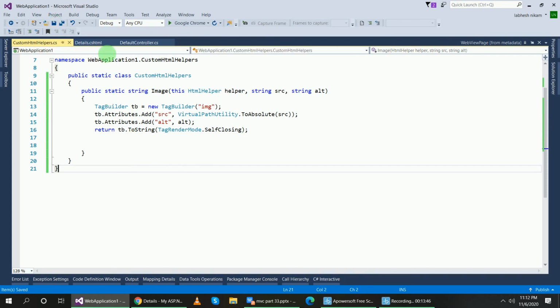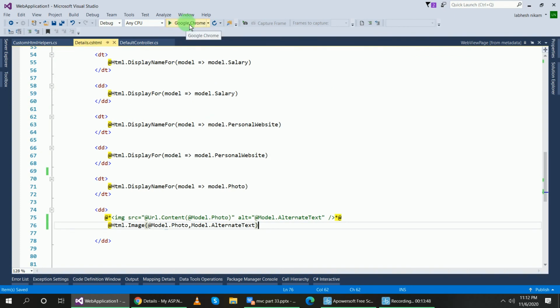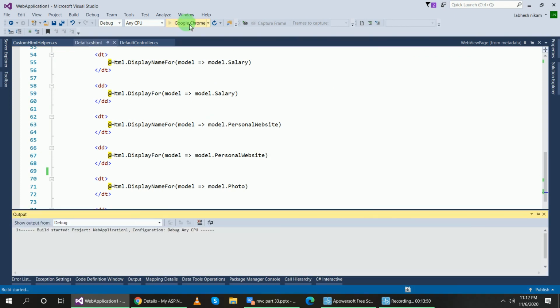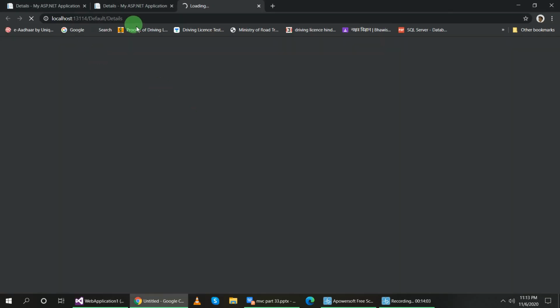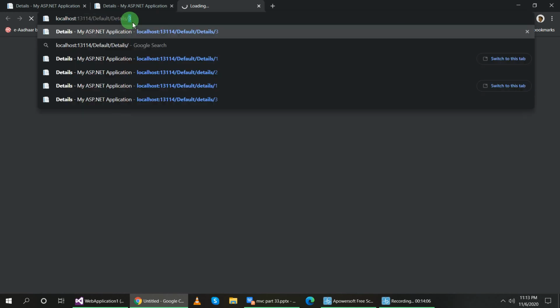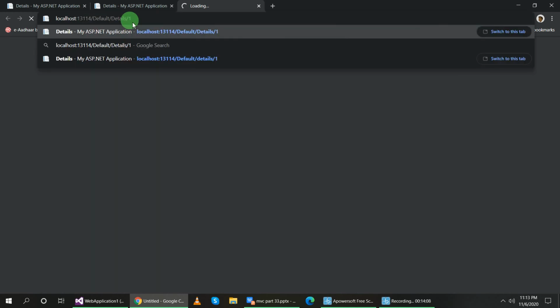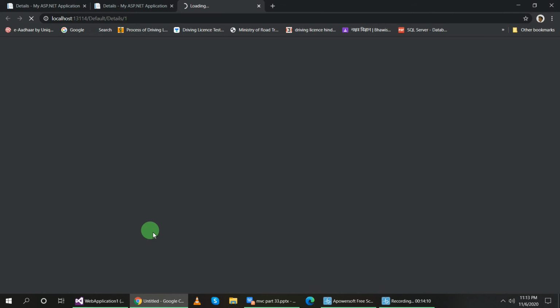Now check it. This string will generate an encoded string in place of the photo, because the string variable is using an encoded string.